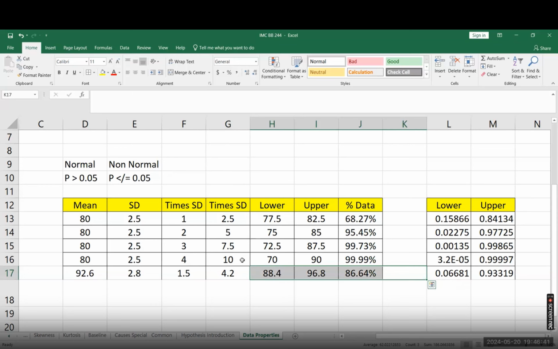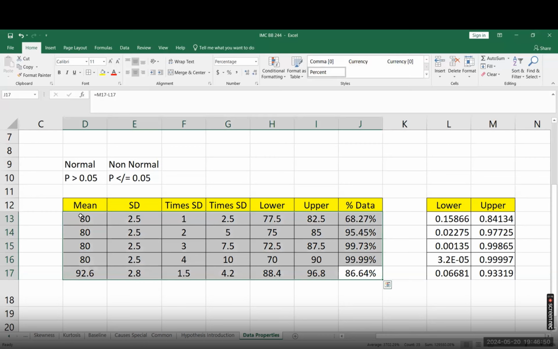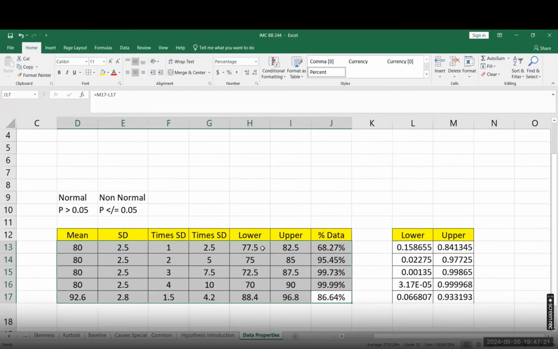So it will depend on the actual standard deviation you are calculating, whatever the standard deviation is, and how many times you want to see. You can find out this value in Excel. Minitab is not capable of doing that. Right. Any more questions, people, about this? No? All right. So this is what is called normality.